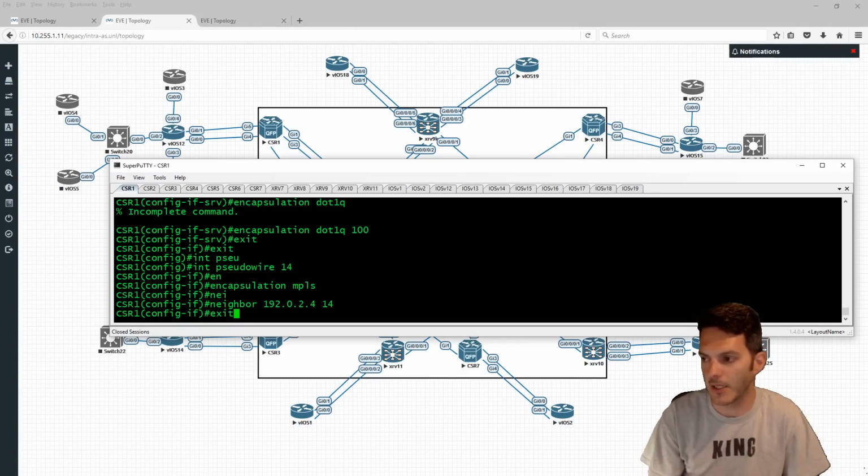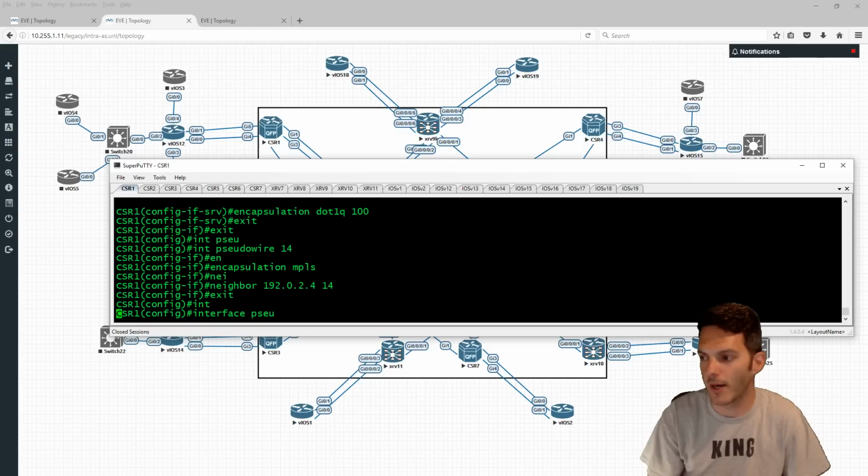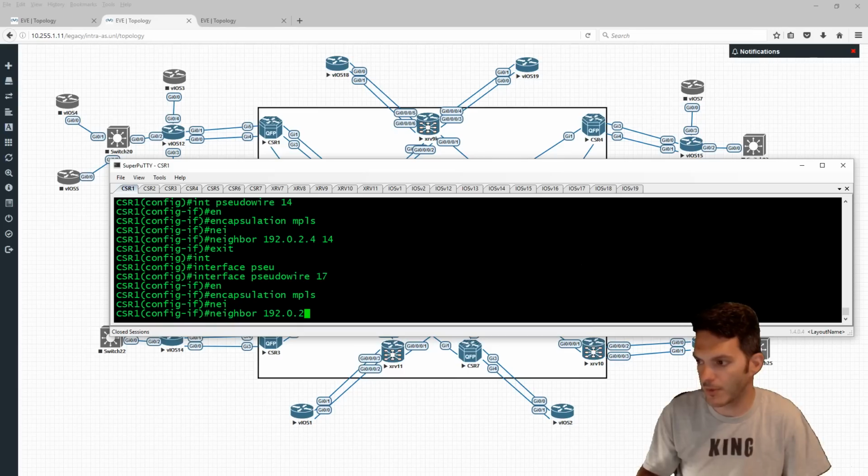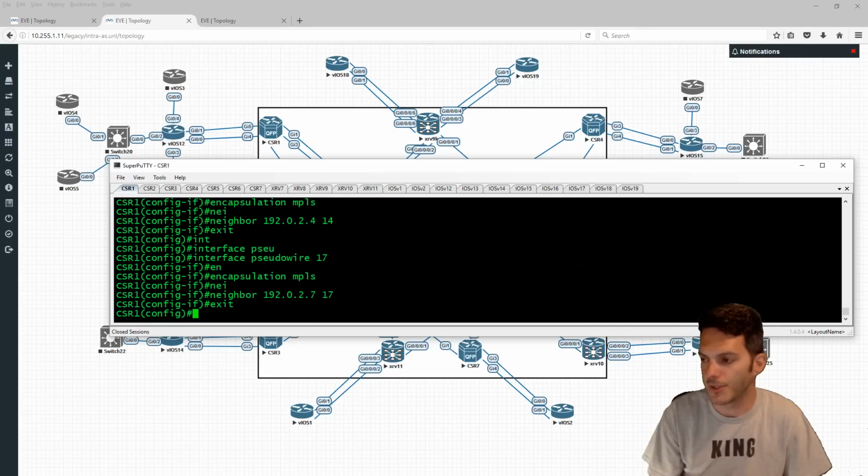And then I'm going to get out of here and type in interface pseudowire 17. The encapsulation will be MPLS. The neighbor will be 192.0.2.7 with a 17 as a VCID. So now we have that. So now I get to go to